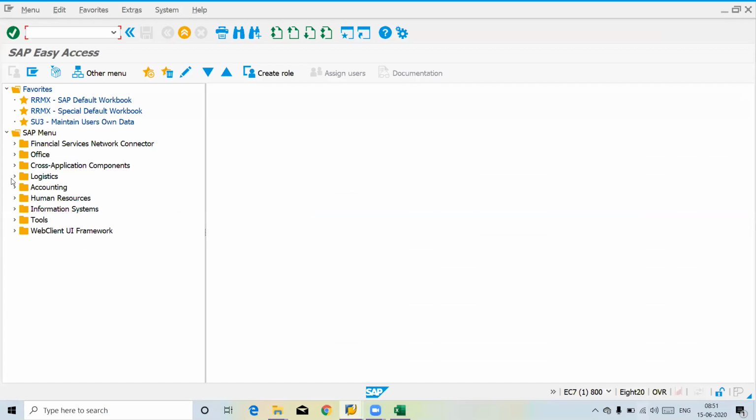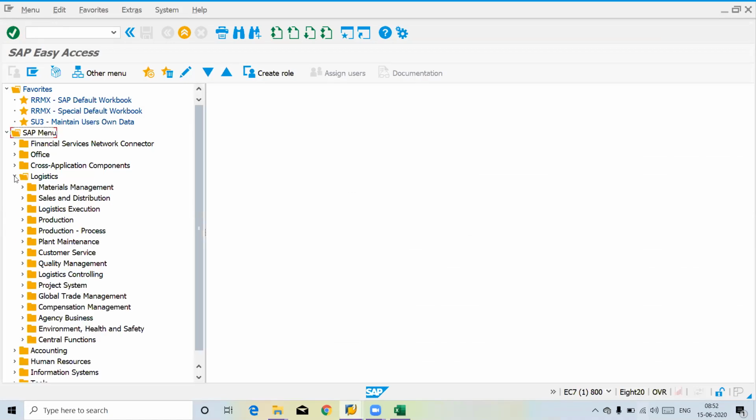Yes. So as I pointed out previously, we have done the configuration section in the SPRO implementation guide. Whatever implementation you have done, that element's data will be reflected in this place. This is called the SAP Easy Access menu. Like in daily use, the transaction for creating a sales order is VA01, for creating a delivery VL01N, and VF01 for billing. Whatever transactions you are using,